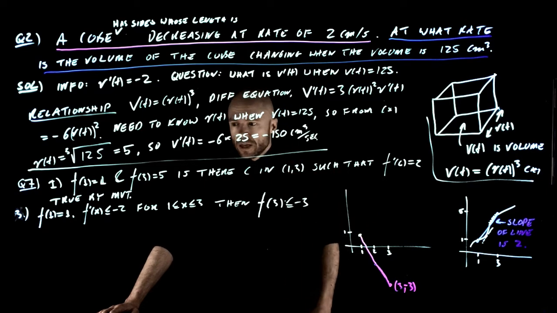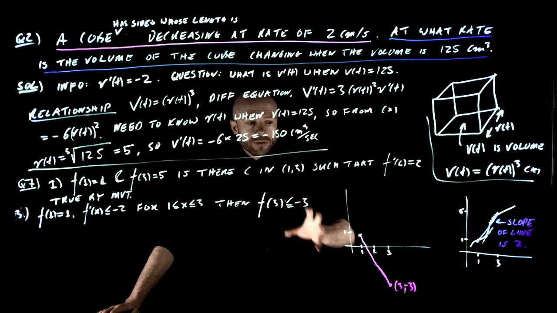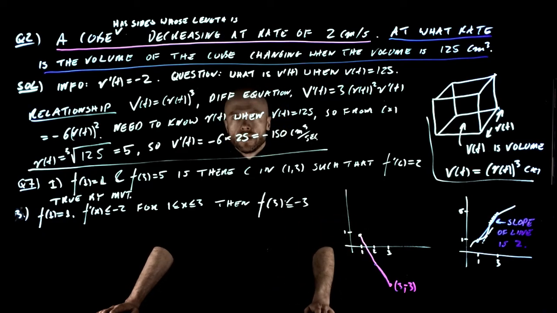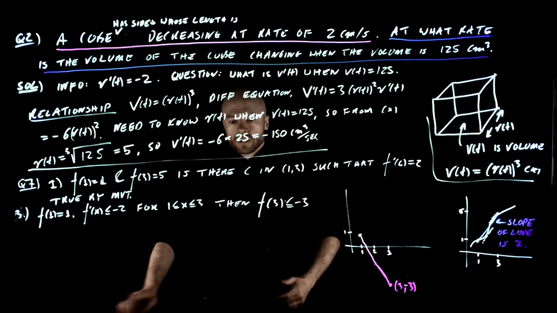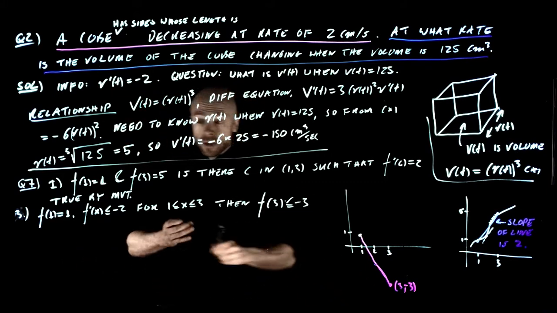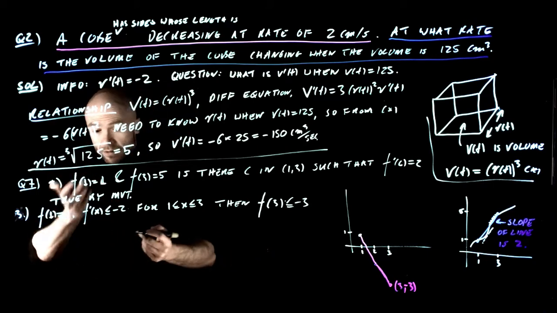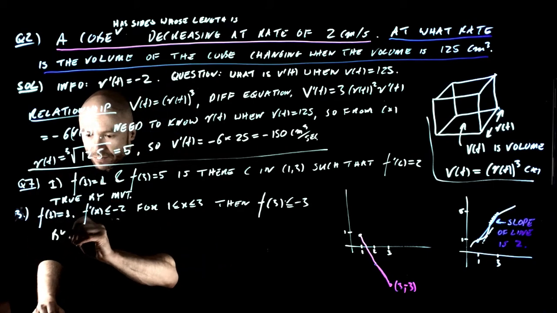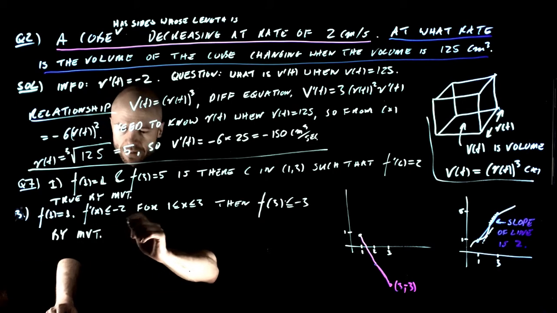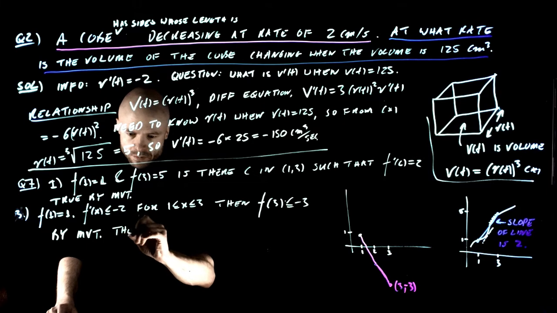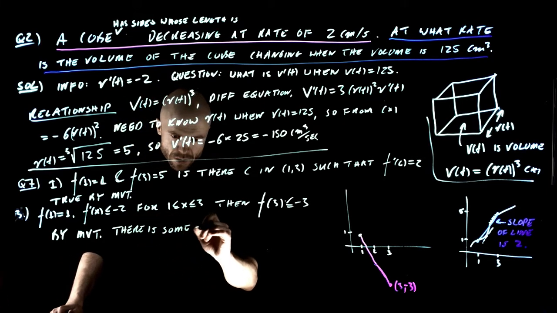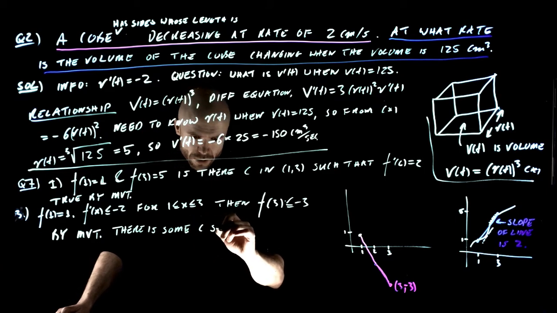Okay, but this problem is asking us to use the mean value theorem. We already think we know the answer just from drawing the picture, reasoning it out, just applying common sense. But let's use the mean value theorem tool that we know about. So what does the mean value theorem say? By the mean value theorem, there exists some c such that